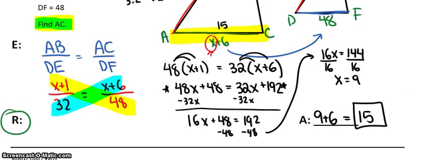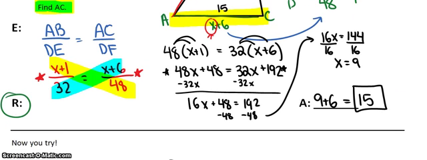As for the reason, your reason should explain why you set up this equation. And the answer is not because you want to solve for x. That only tells me algebra. I want to know why this makes sense. And the reason why is because the ratios calculate the scale factor, and scale factors are equal. And actually, the reason you could do that is because the triangles are similar. So I might say something like, since the triangles are similar,